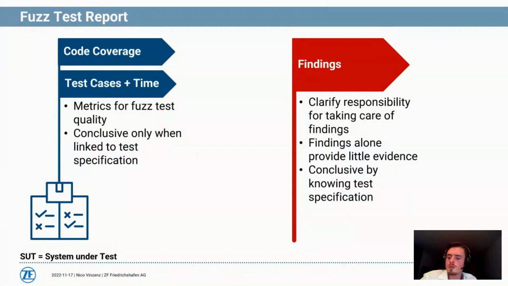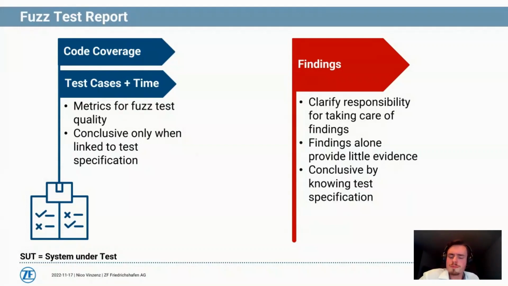the test specification. So of course I can see that if I have maybe 30 days of test time and 0% of code coverage, then there's some issue, but I really need the test specification to understand what exactly the metrics mean. Regarding our findings, the most important thing I want to stress here, and that's also the reason I put it at the first place, is that it really should